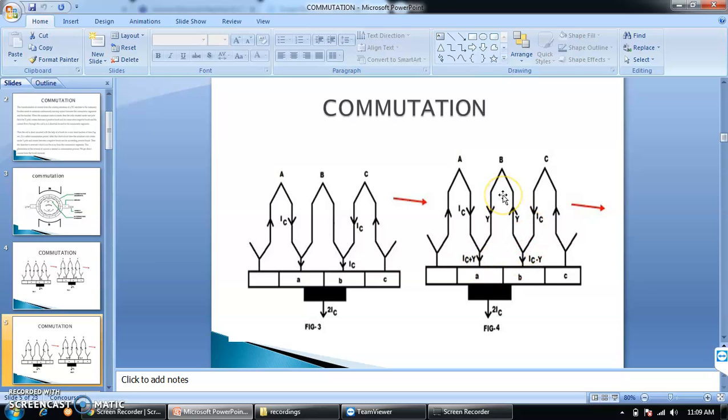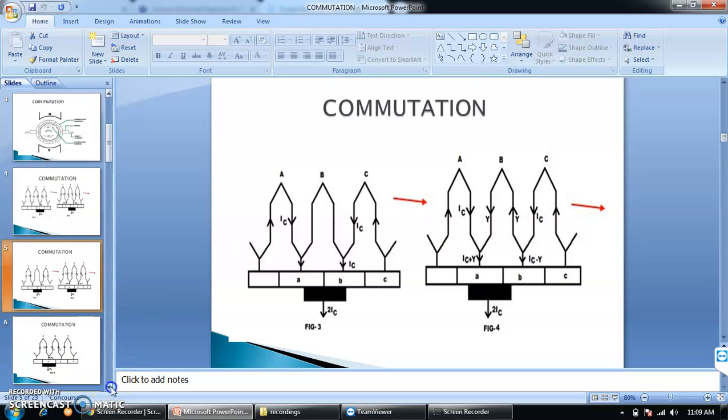If we consider that case, the total collected current through the brushes will again be IC plus IC, that means it will be 2IC. That means again, when the brush is moving and covering 75% of A and 25% of B, in that case also, within the commutation period, the collected current through the brushes is fixed.